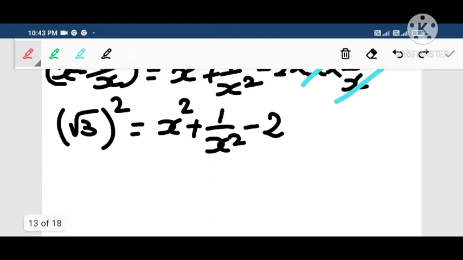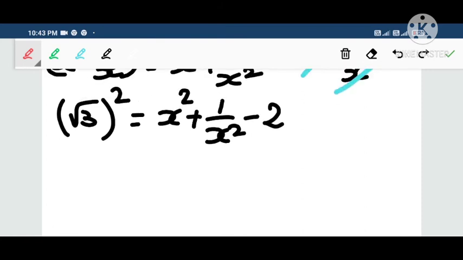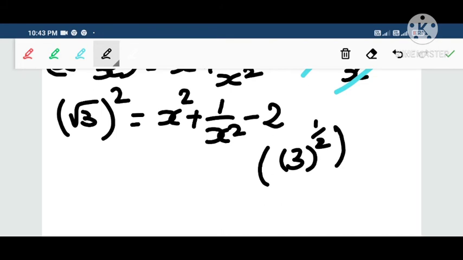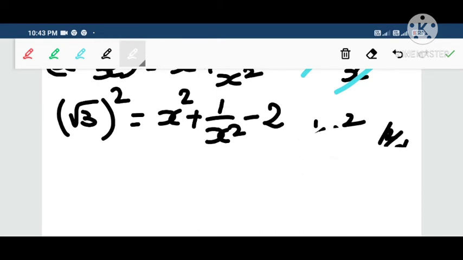So now root 3 squared, root 3 into root 3, we get 3. I just explain how it is possible. So root 3 can be written in the form 3 power 1 by 2, whole power 2. What happens? It becomes 3 power 2 by 2. So 2 will get cancelled, it becomes 3 power 1. So if you square any number under a square root, that root will be cancelled automatically. So if you take the square root, what happens? It becomes 3.